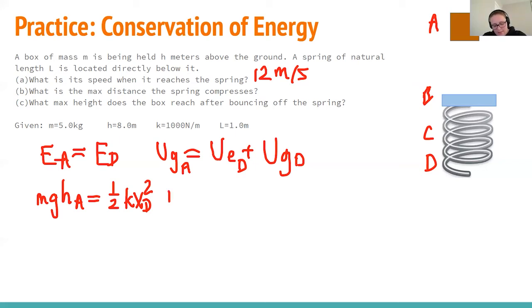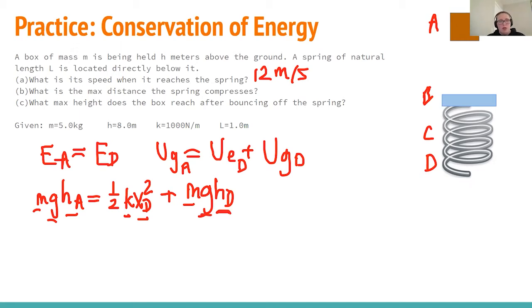And we have mgh at D. So going through this, we might see a problem here. Mass we're given, gravity we know, height initially we know, so that's all fine. K we're given, and x we're solving for, so that's also fine. Mass, gravity. The problem here is that we also don't know the height at D,